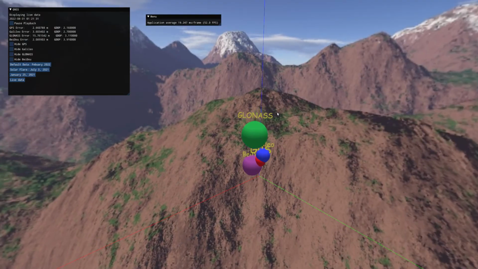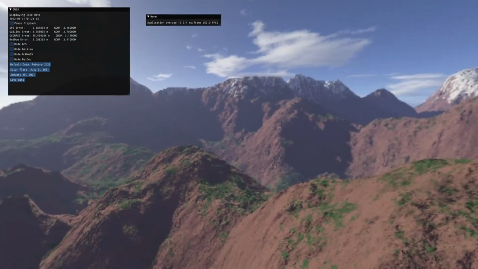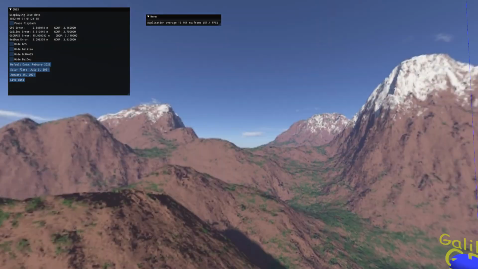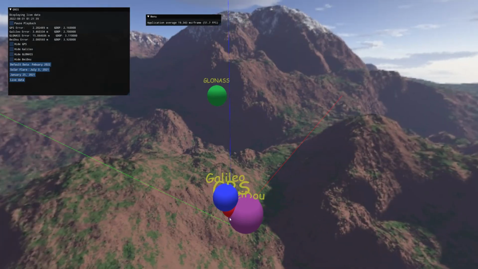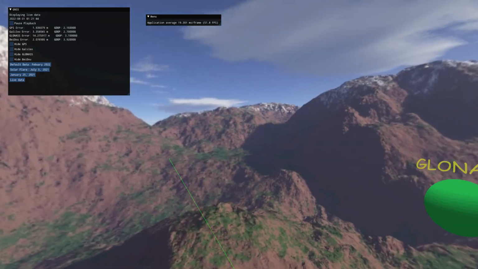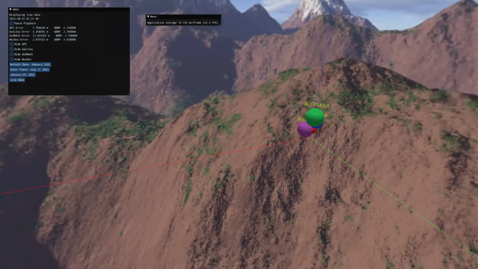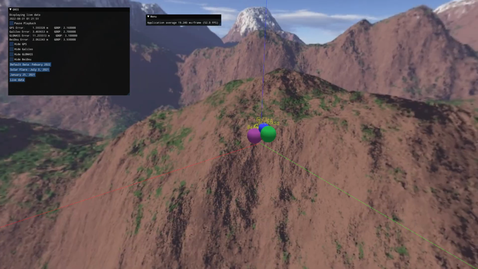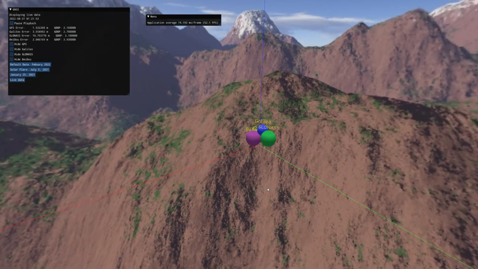Something you might notice is the labels always face the camera whenever we move around here, and so you can always see that. Right now they're kind of grouped up a little bit more than usual. These three are being a little more accurate than usual, so usually you can see them a little more spaced out. So the data is received once per second for each constellation. You can see on the timestamp, it's every second, and then that corresponds to the spheres